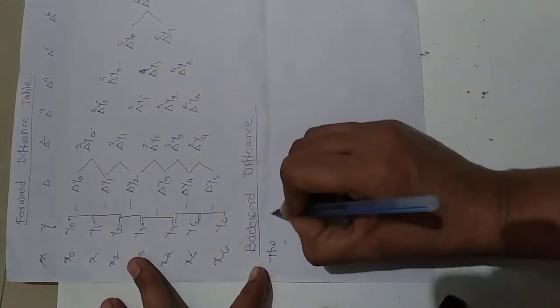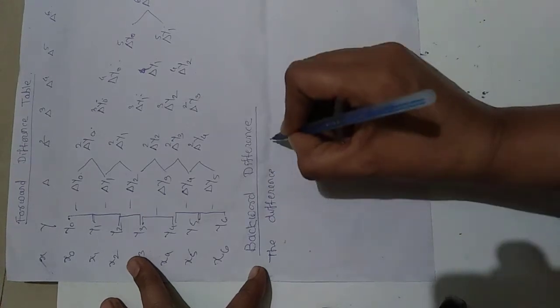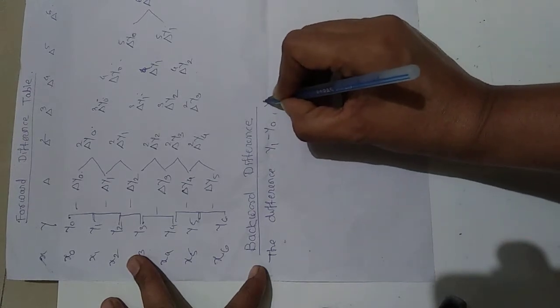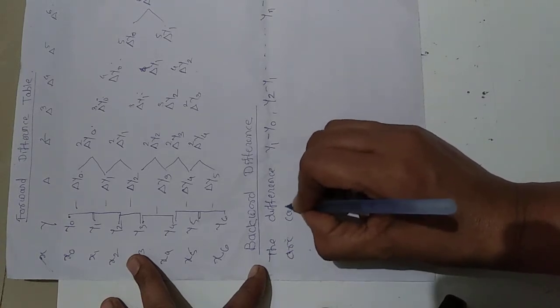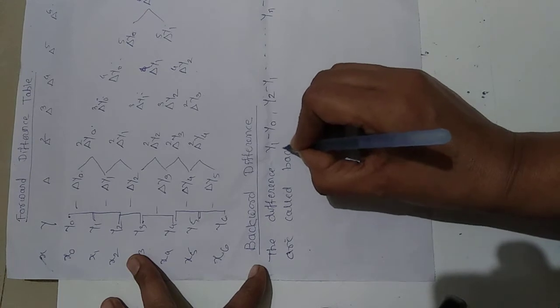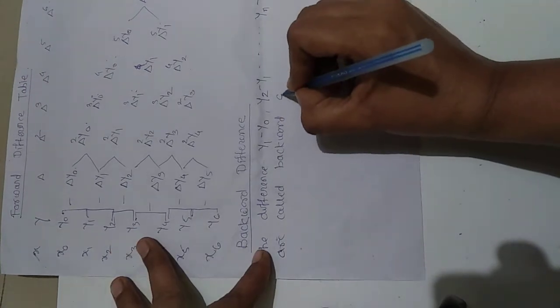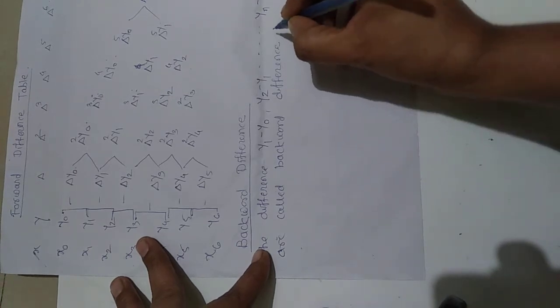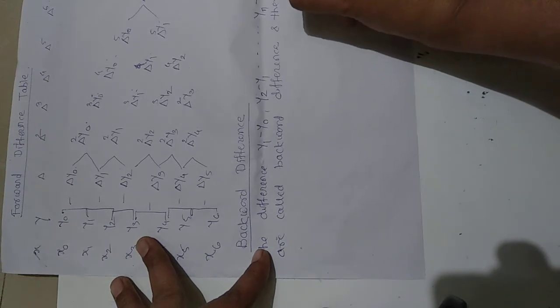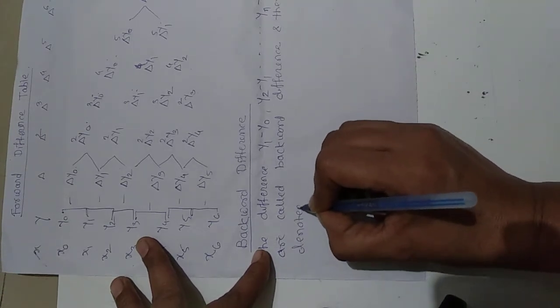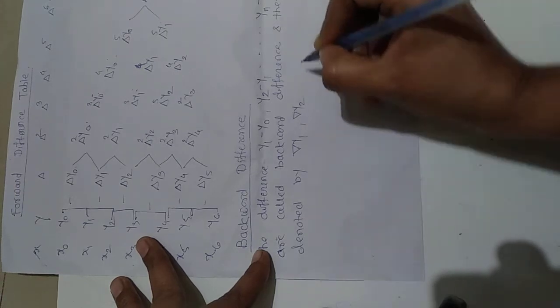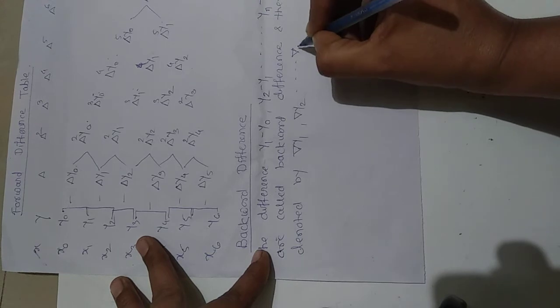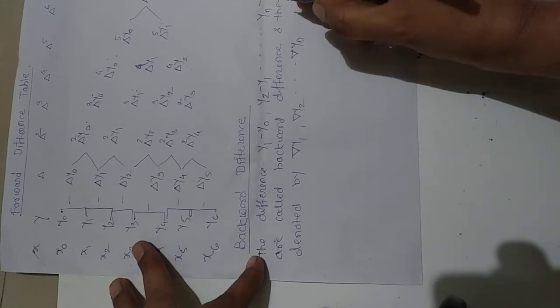The differences y1 minus y0, y2 minus y1, up to the term yn minus yn minus 1 are called backward differences, and they are denoted by del y1, del y2, up to the term del yn respectively,